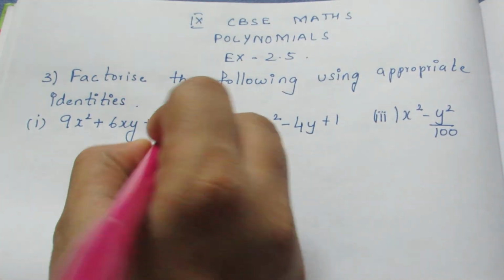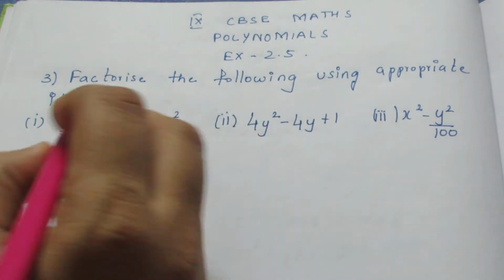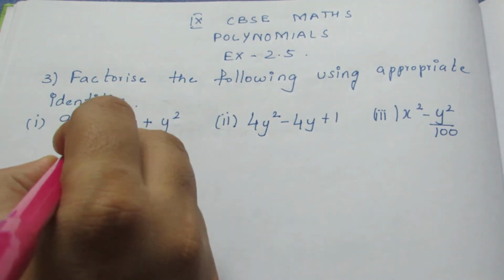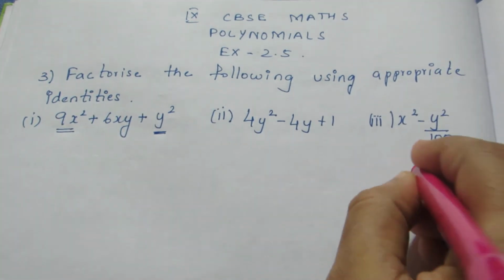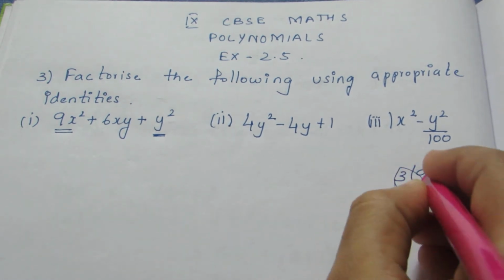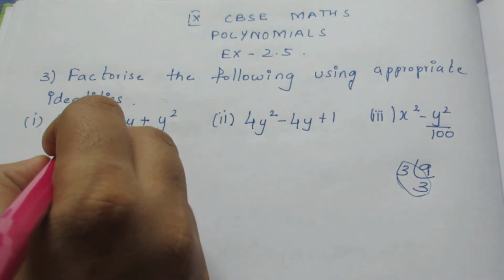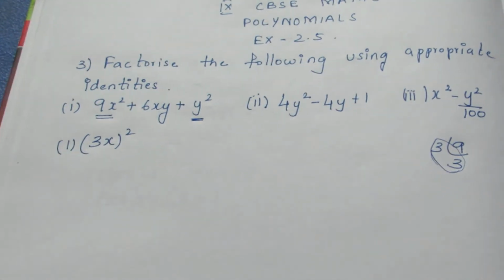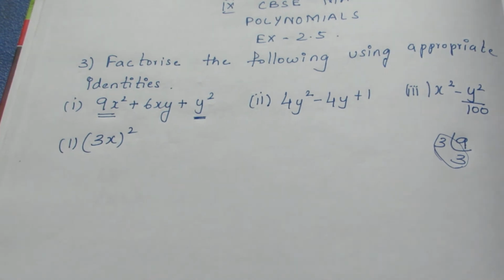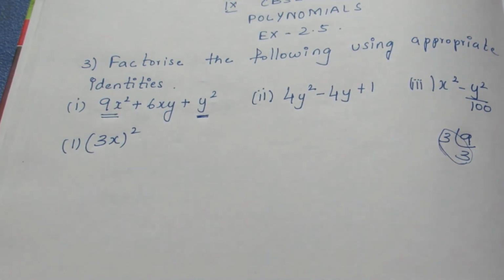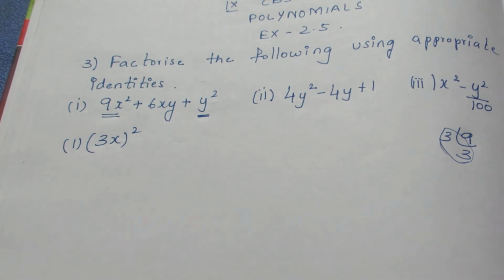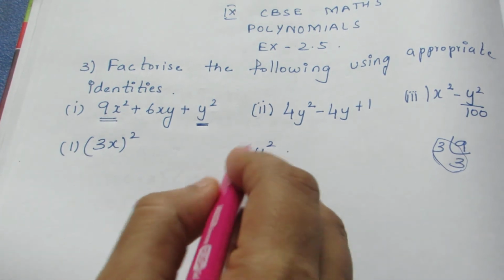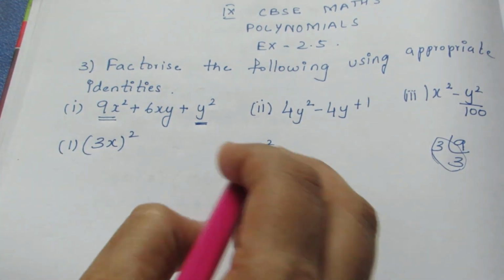Here we can see this is a square number and even this is a square number. We need to write for square number whole power. So we can write this to be, if I factorize 9, I get 3 3s are 9. Instead of 9, I can write this to be 3 square. So instead of 9x square, I can write this number to be 3x the whole square. There should be always a whole square for a perfect square. And we know in the last one we have y square. There is only one element or one number, we can write that to be just the square.